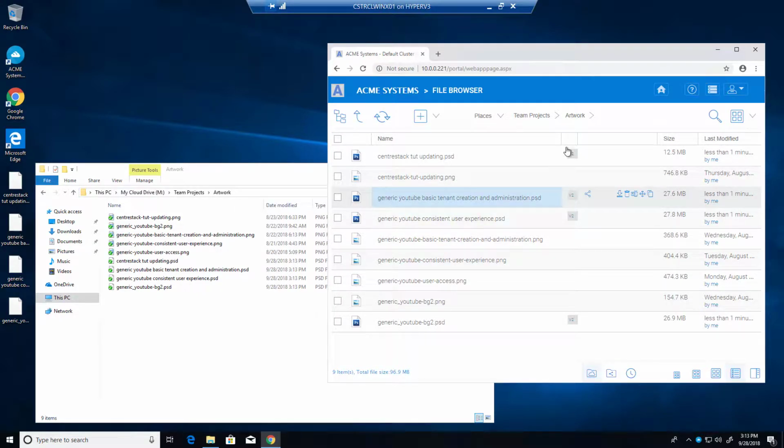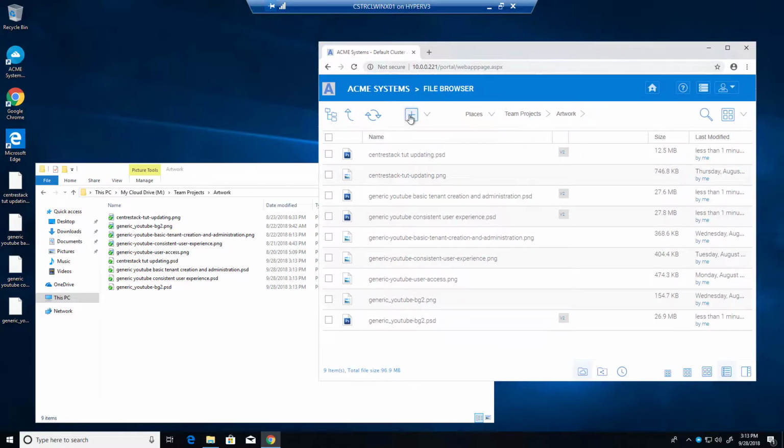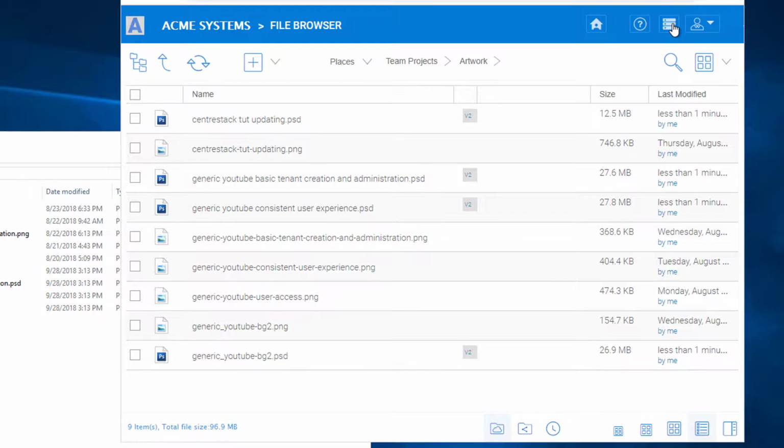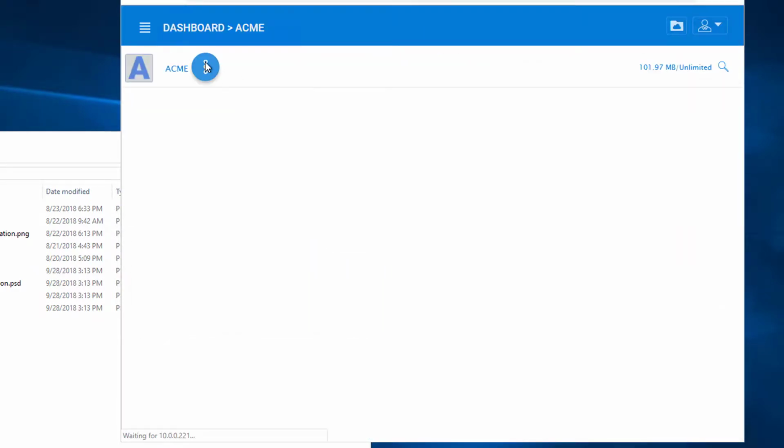So you can see that you can control types of files using that setting. And once again, it's located under Group Policy,